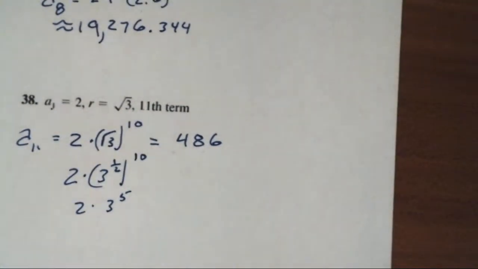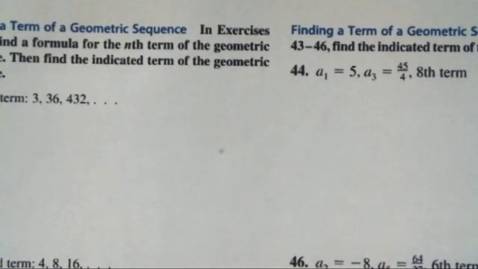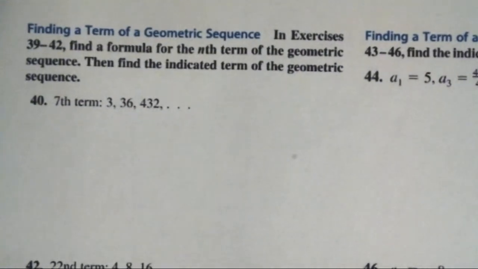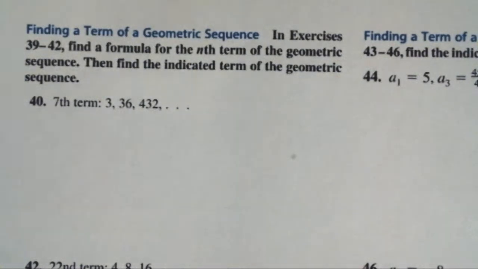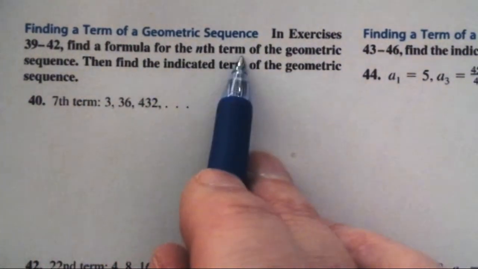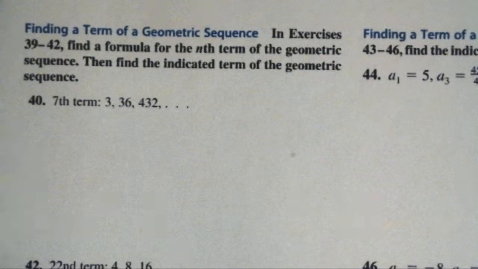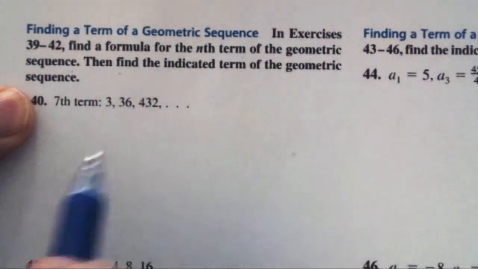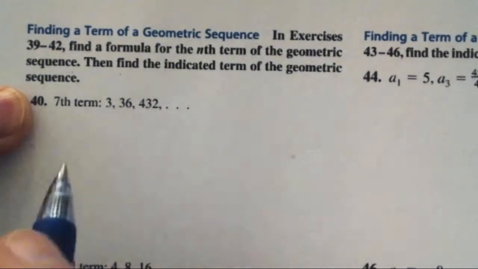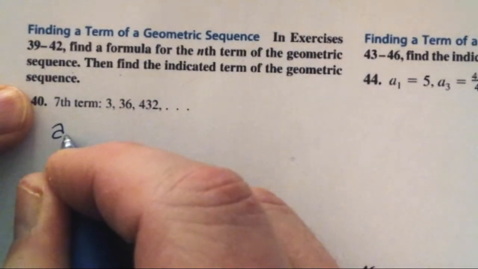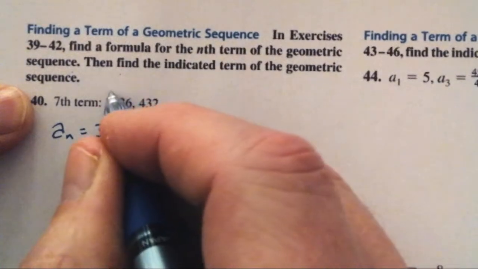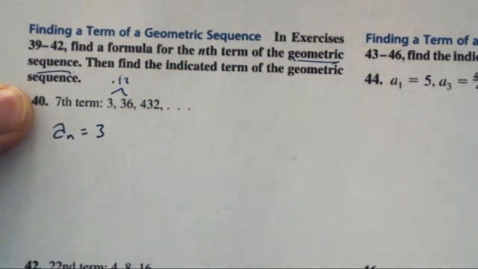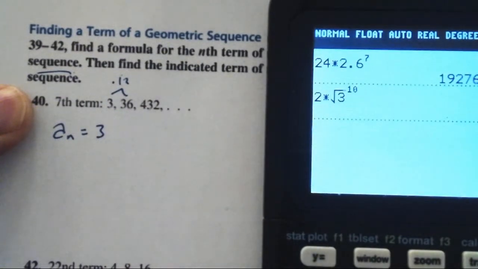an integer value. All right, just a few more here because we are going to split this one into 2 sections. This is a one-day lesson for us following a quiz, so we were short on time. Find a formula for the nth term of the geometric sequence. Okay, well, and then we're supposed to find it for the indicated term. We could probably go to the indicated term immediately, but we'll do this. The nth term equals, we start at 3, that's times 12, and they're telling me it's geometric, but just for the sake of it,